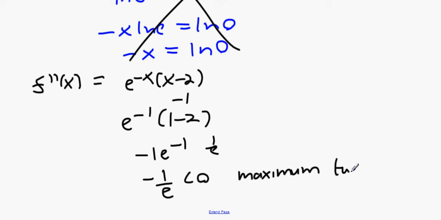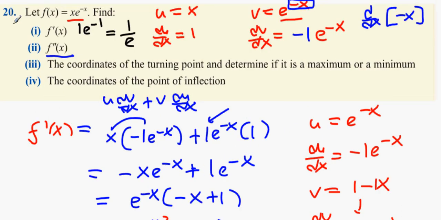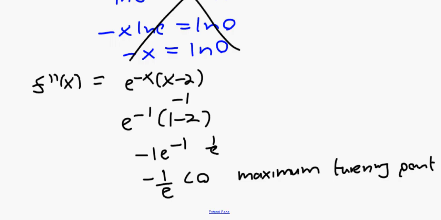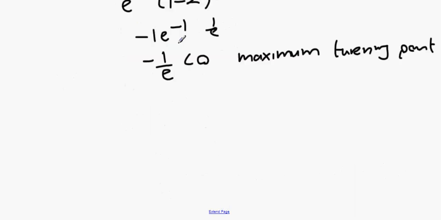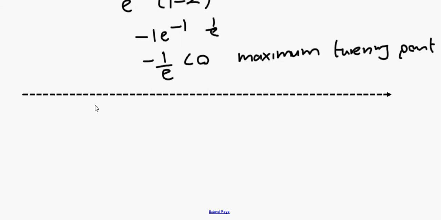Maximum turning point. Okay. Now that that's done, what we need to do next is find the coordinates of the point of inflection. Now, the point of inflection is where the second derivative equals 0. So the second derivative equals 0 for the point of inflection. So therefore, for the second derivative,